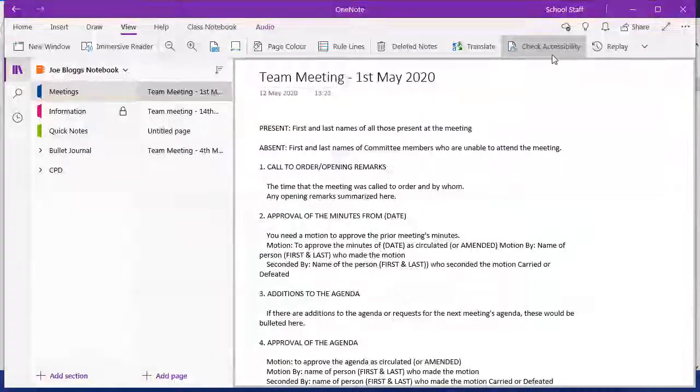Replay will just replay how the page has been put together, so you can see how people have typed. It shows every word, but it usually goes in quarter pages. Most of this has just been copied and pasted in, so you just see things appear. And